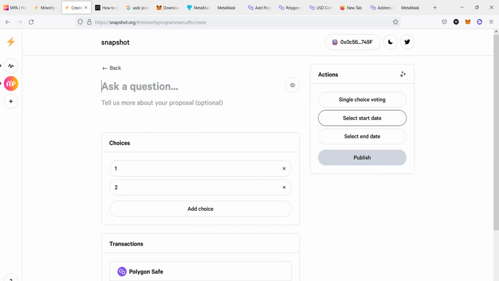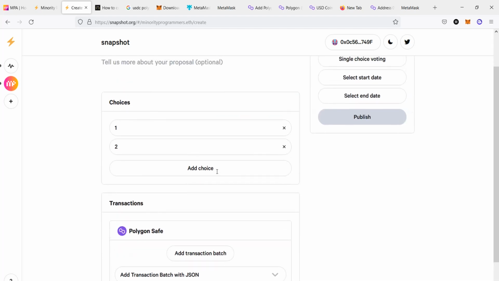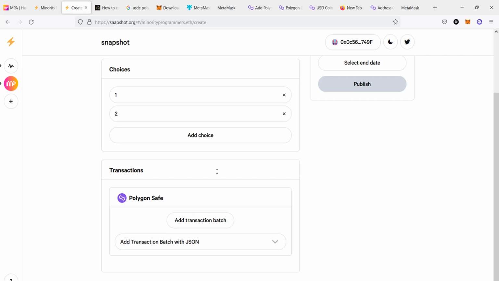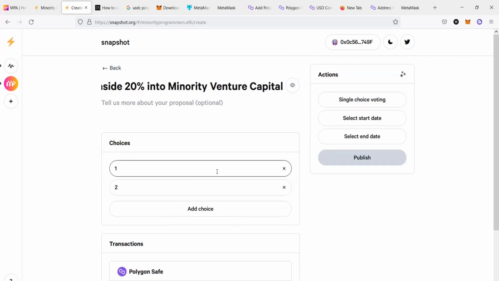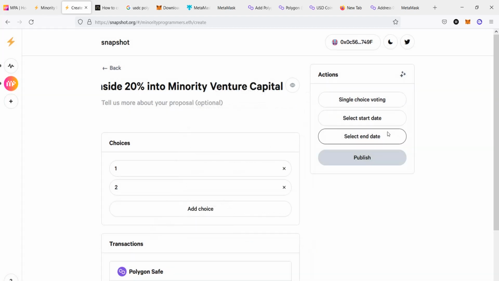Literally in the Minority Programmers DAO, make any proposal, whether it is on extending the hackathon deadline, hiring ecosystem growth, or setting aside 20% into minority venture capital, and then put a little bit of details about your proposal and the respective choices. You can even add integration into Gnosis Safe and Aragon for fund delegation. And then you can choose the different types of voting,